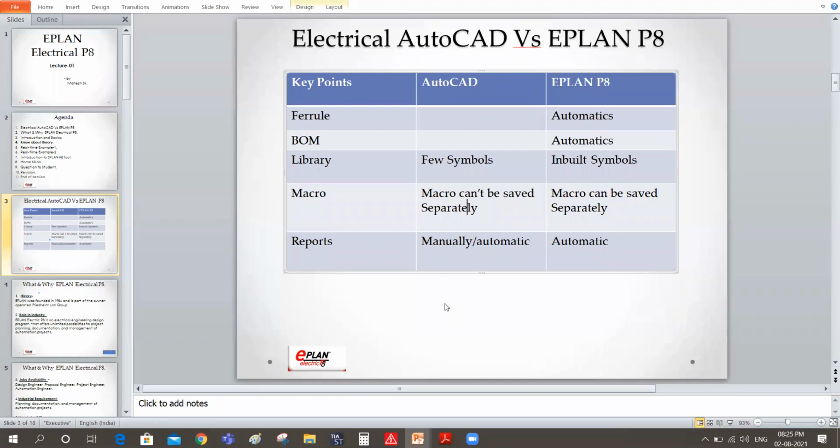Like today we have used some schematic like power wiring, a dual starter, in that you have some switches. Ten switches you can use for further activity in the same drawing. For that we have the macro function, so you can save a particular drawing in some extension.